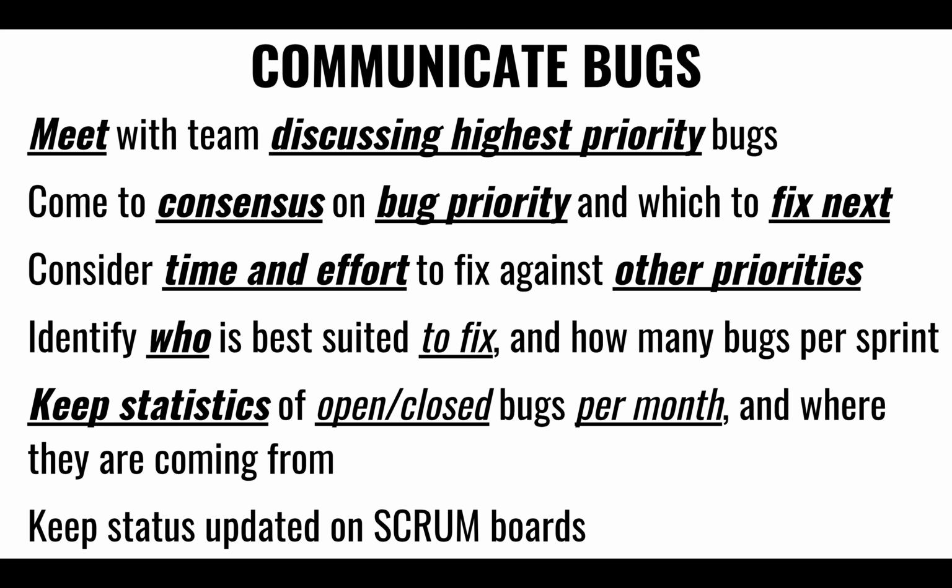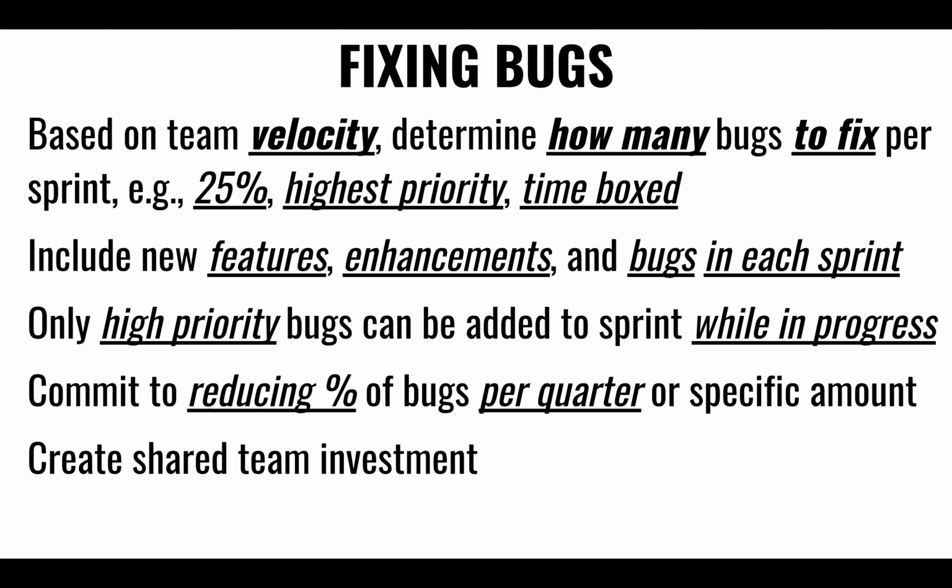Also maintain some statistics on how many bugs we have been opening this sprint. Maybe make a concerted effort or commitment that, at this rate of generating this many bugs per sprint, we will reduce the bugs going forward by some percentage every sprint. We make a commitment that we'll reduce bugs by 5% every sprint, right?